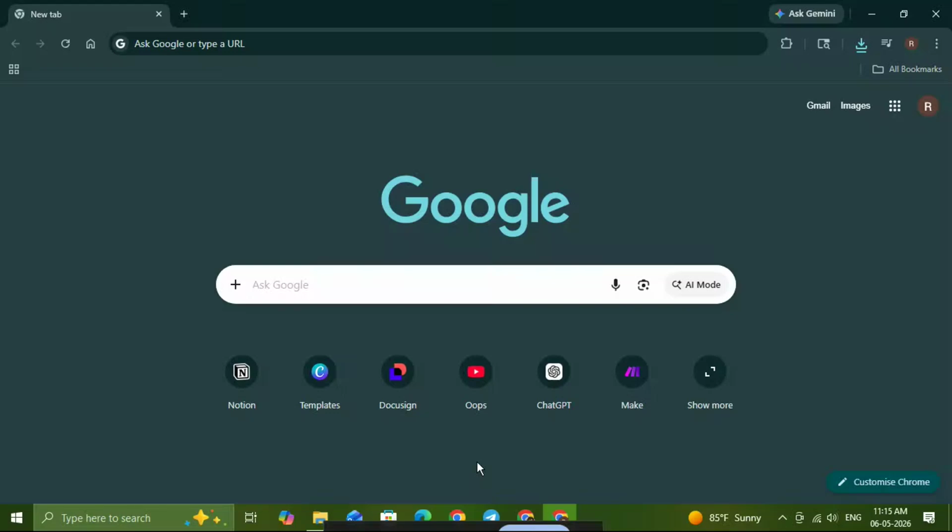In this video, I'm going to show you how to install Chrome 32-bit on your computer step by step. This is a simple process, and I'll walk you through it from opening your browser all the way to finishing